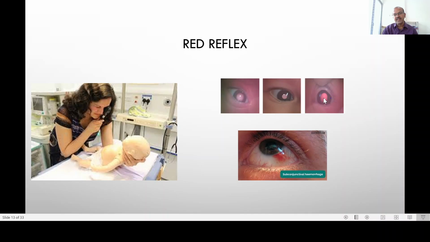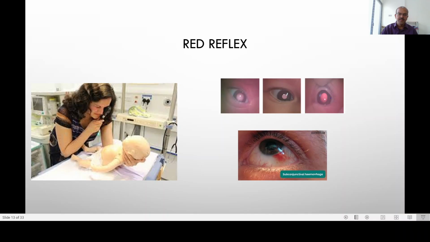The fairer skin races have a very bright red reflex, and the pale skin ones or dark skin ones will have a pale fundus. Sometimes it's difficult to assess whether it is a pale fundus or whether it's a failed reflex. So you wait for the baby to move, or you turn the baby head to the side. You see the blood vessels streaking past, then it's just a pale fundus. You also have